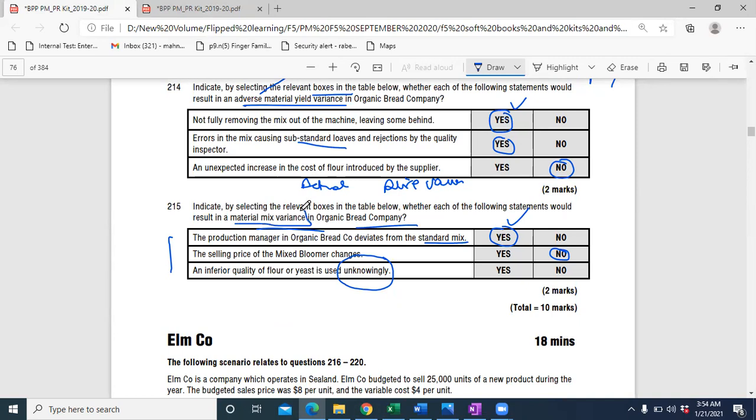And here we are talking about the mix variance. Okay, when you're changing the mix and the cost changes of the actual mix, that will only cause the material mix variance. But with an inferior quality flour, it would depend upon the proportion of how it is changing. The quality itself, if it was inferior, would have an impact on the yield variance, because that's the output coming out. So it's a no again.